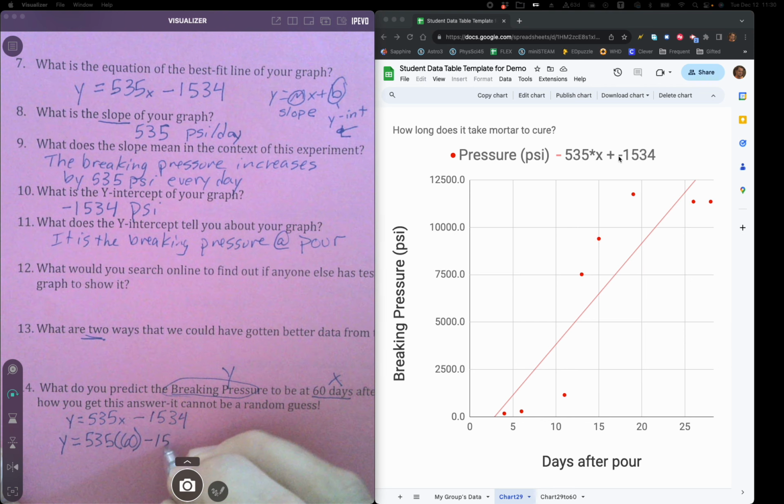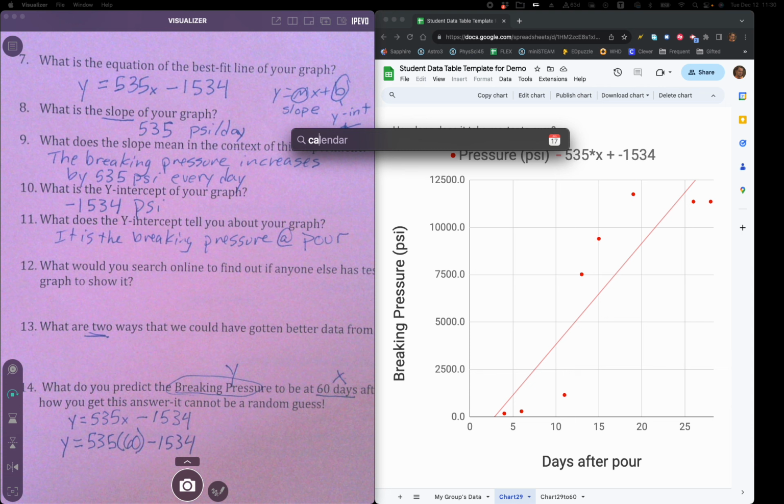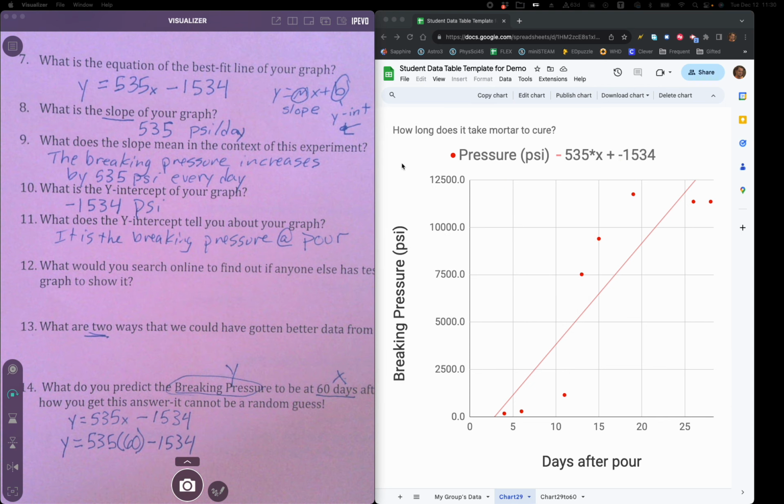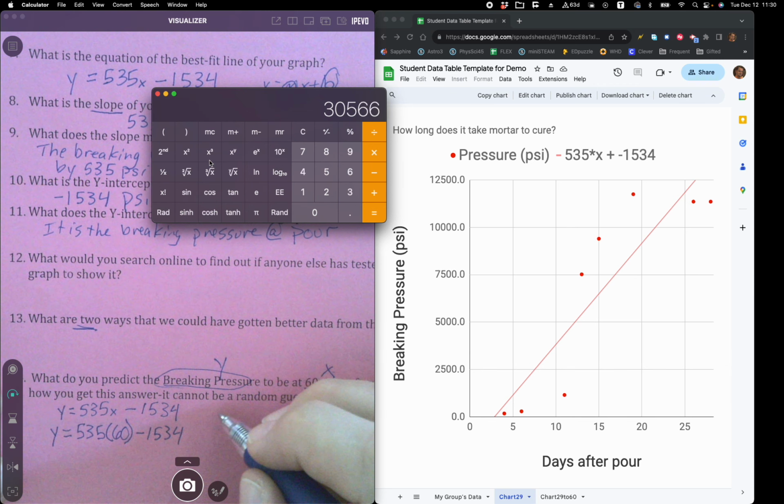And then we subtract 1534. All right, so let me open up my calculator here, and let's do this. So let's do 535 times 60, and I get that, and then I have to subtract 1534, and I get an answer of